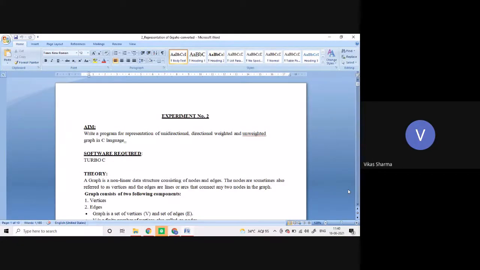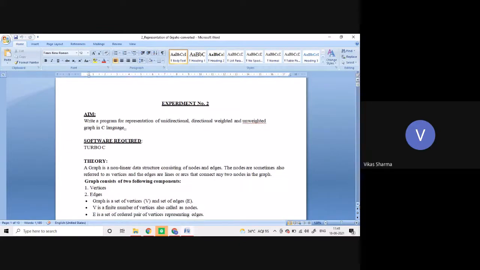Good morning, everyone. Today we are going to perform the second experiment in the computer network programming lab. Our aim is to write a program for the representation of unidirectional and directional weighted and unweighted graphs in C language. For this experiment, we require software, which is Turbo C, and the basic theory of this experiment is